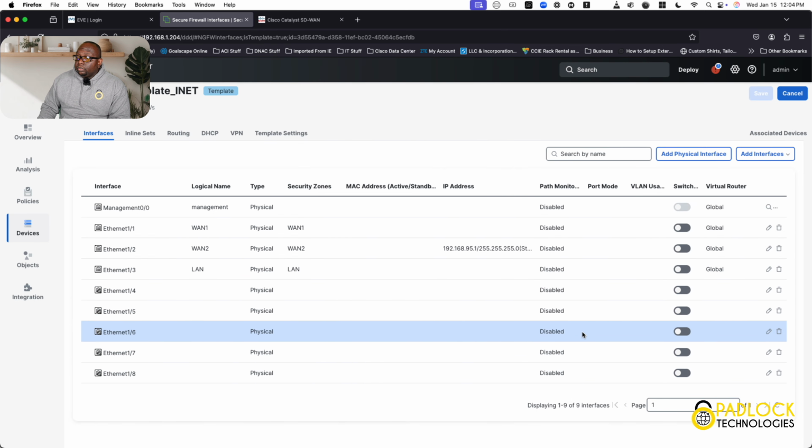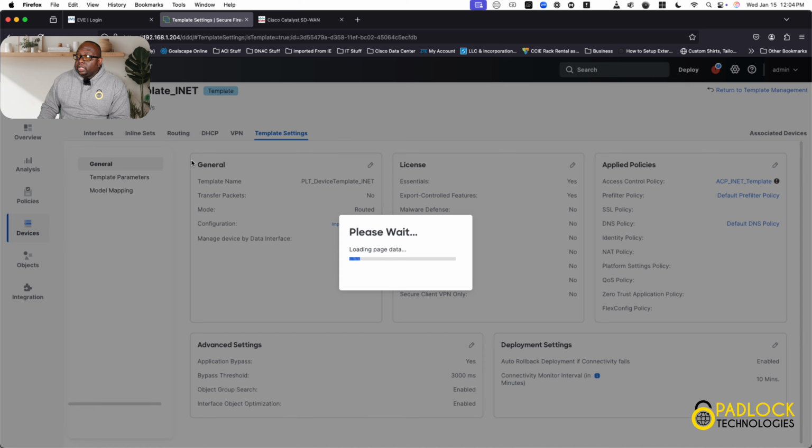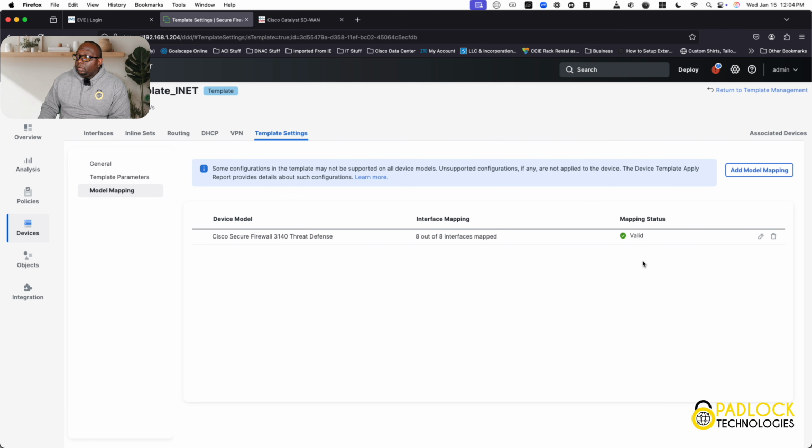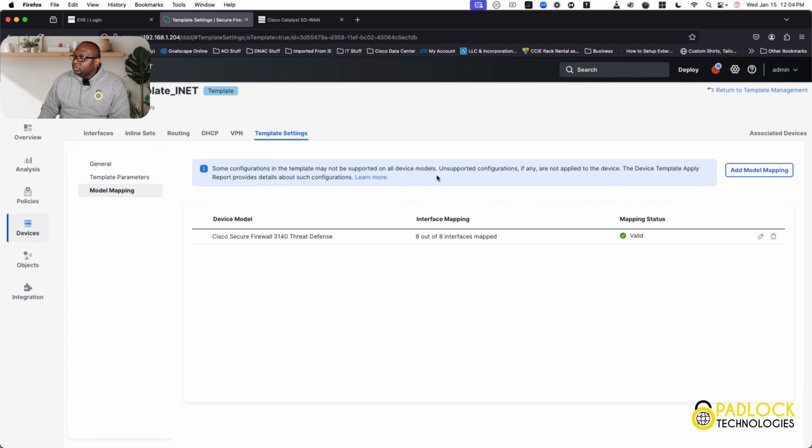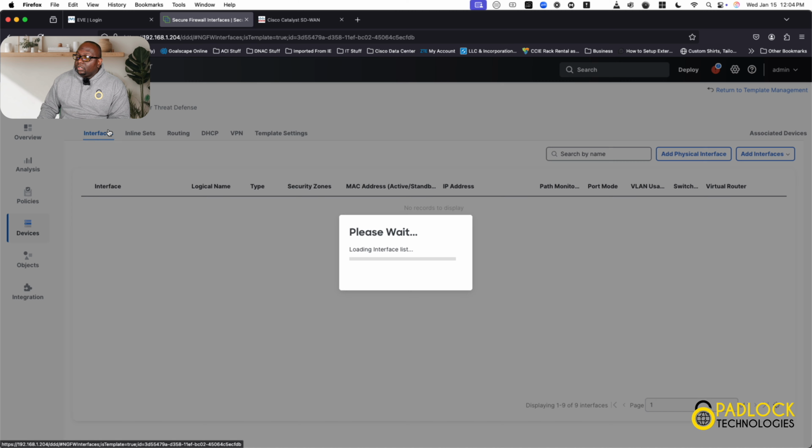All right. Now, this goes back to this template setting where you have to map the module. Because if I did 16 interfaces, it would show up here, and I would have to map it, right? It would show all the mappings here. As you can see, WAN 1, WAN 2, and LAN are mapped to 1, 2, and 3, and I have these open ones here. And then after you create all of this,